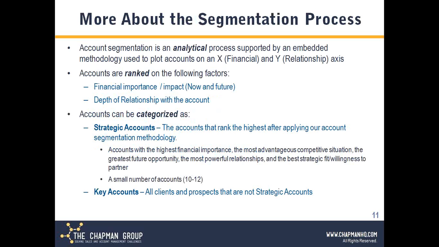A little bit more about that, which was my segue to say that we would like to think of account segmentation now as a much more analytical process. And as I mentioned, there is an x-axis that we'll be talking about, financial importance, as well as a y-axis, which is relationship. Accounts should then, based on the factors that we identify, get ranked in financial importance and depth of relationship, and again, as you'll see, end up in 4 different quadrants